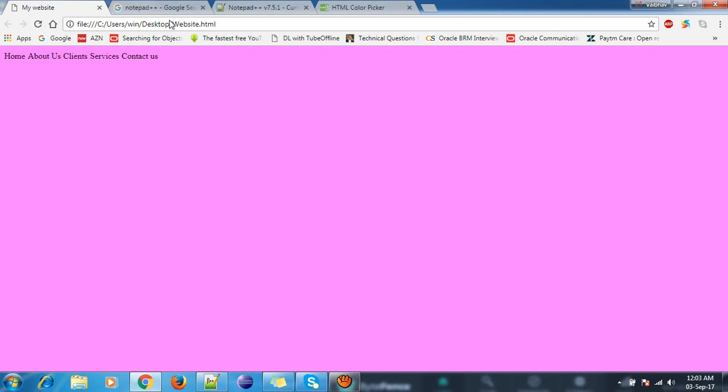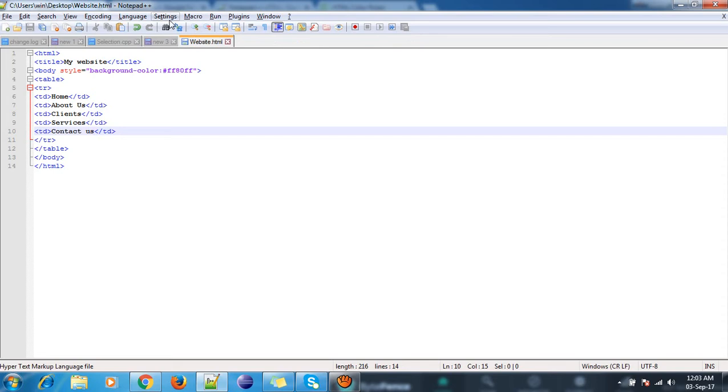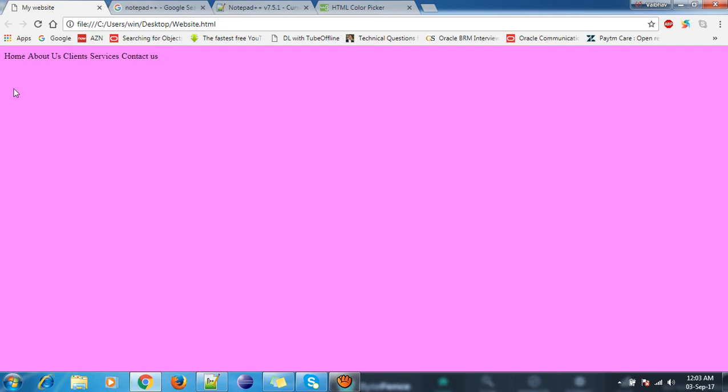So everything is merged, and we want it to be separated. Like between home and about us there should be space, between about us and client there should be space, so we need a space. This totally is 100%, right?